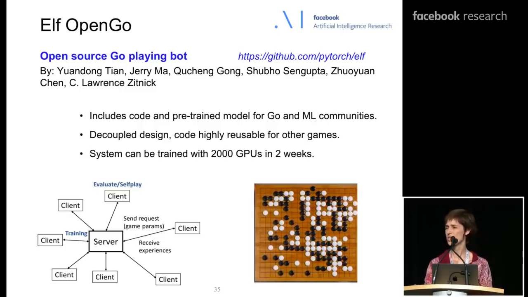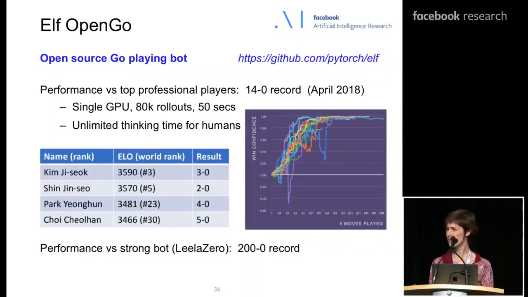And so the goal wasn't necessarily just to build the best Go bot out there. Actually, there have been examples of tremendously effective Go bots, but really to have one that is of high quality and that people can start playing with. So please go ahead, check it out. We've been testing it just to make sure that the quality was quite good. Over the last couple of years, we played against a number of top 30 Go players, thanks to the Korean Go Player Association, who were very nice in facilitating these games quite rapidly.